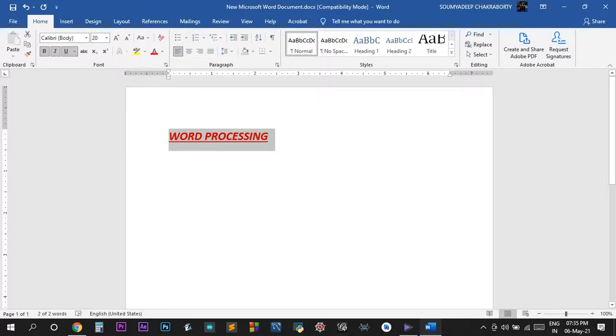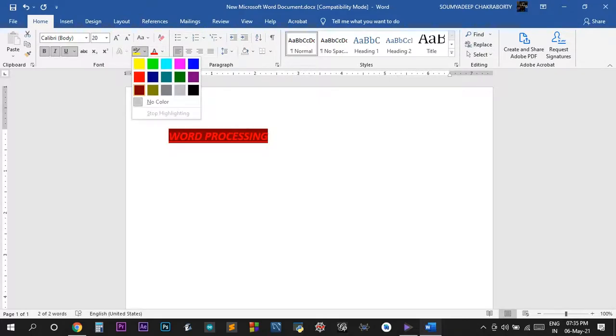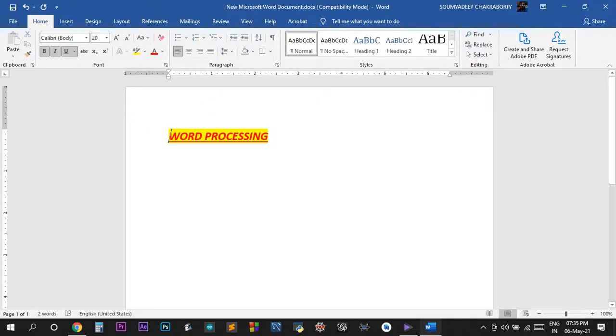Now if I want to color the background of this font, then I will use this yellow, as you can see. If I give it yellow, see what happens, the background is highlighted, it just works as a highlighter. Again over here also you can choose no color, to not color. Suppose you choose the whole text, and see, no color is being applied. And if you want to give it the yellow color, then you have to choose like this, and the whole will be colored with yellow.